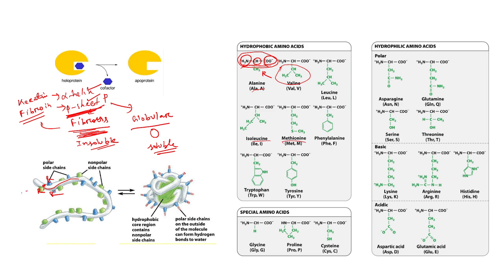So here the CH3 group is found. So it is the glycine. So here the hydrogen is protruded to the outside. So always at the outside in the globular, because it is soluble, that means it can dissolve in the water. So always at the outside